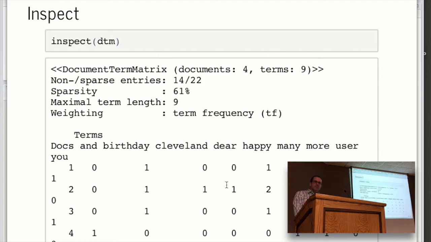You can call as matrix on it, and you need to do that in some cases for machine learning, but at that point you're possibly creating a much larger data structure. In this case, it's simple. There's a lot of words in common, but you can imagine, if these were lines of text in something the size of the Bible, you could have a vocabulary of 20, 30, 40,000 words, and most of those are going to be a zero value.